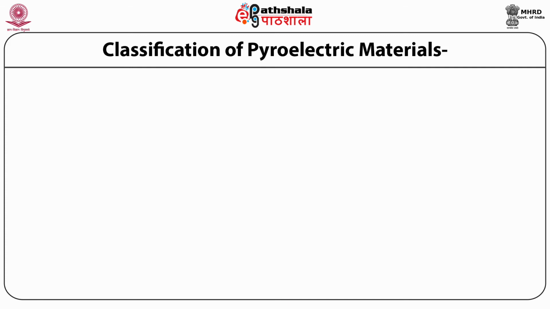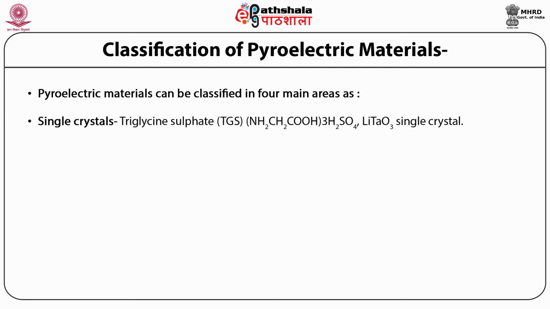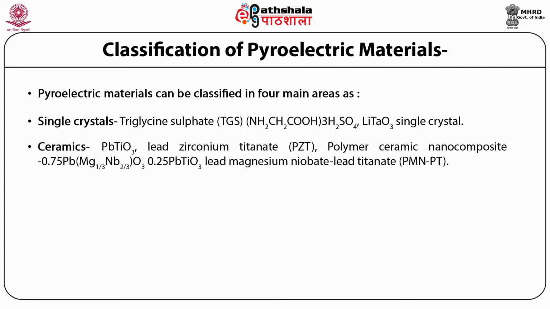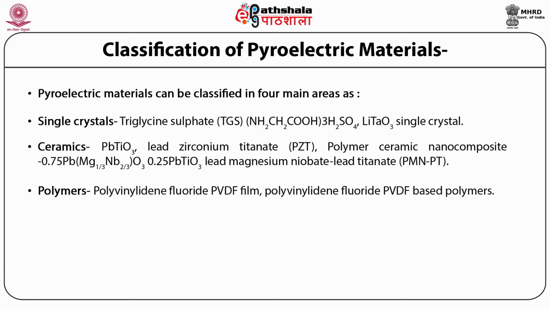Classification of pyroelectric materials. Pyroelectric materials can be classified in four main areas. First is the single crystal. Triglycine sulfate, TGS, and lithium tantalate are examples of single crystals. Second are the ceramics: lead titanate, lead zirconium titanate PZT, and polymer ceramic nanocomposites, for example lead magnesium niobate, lead titanate, PMNPT. Next are the polymers, polyvinylidene fluoride PVDF film,